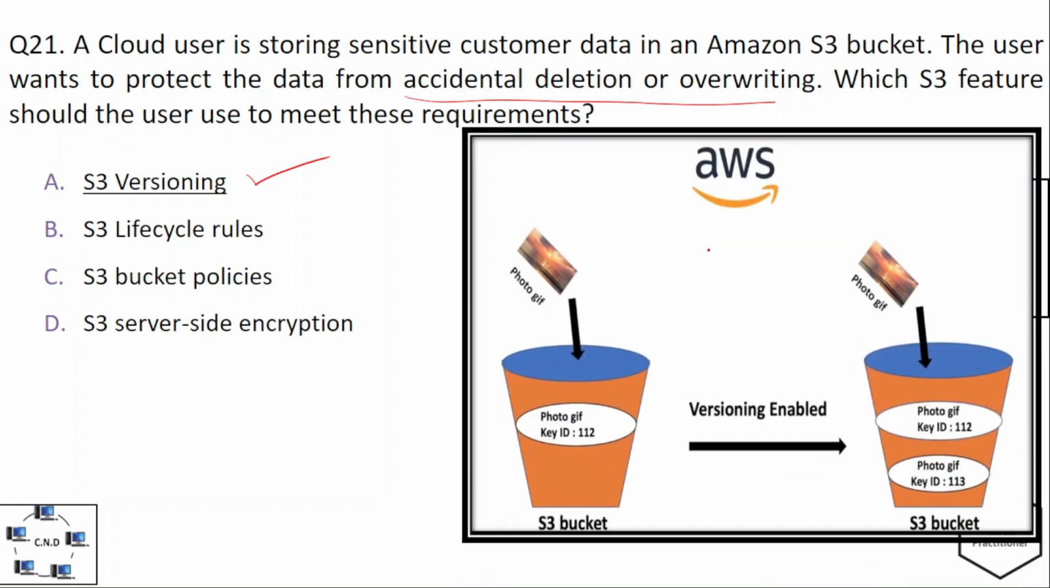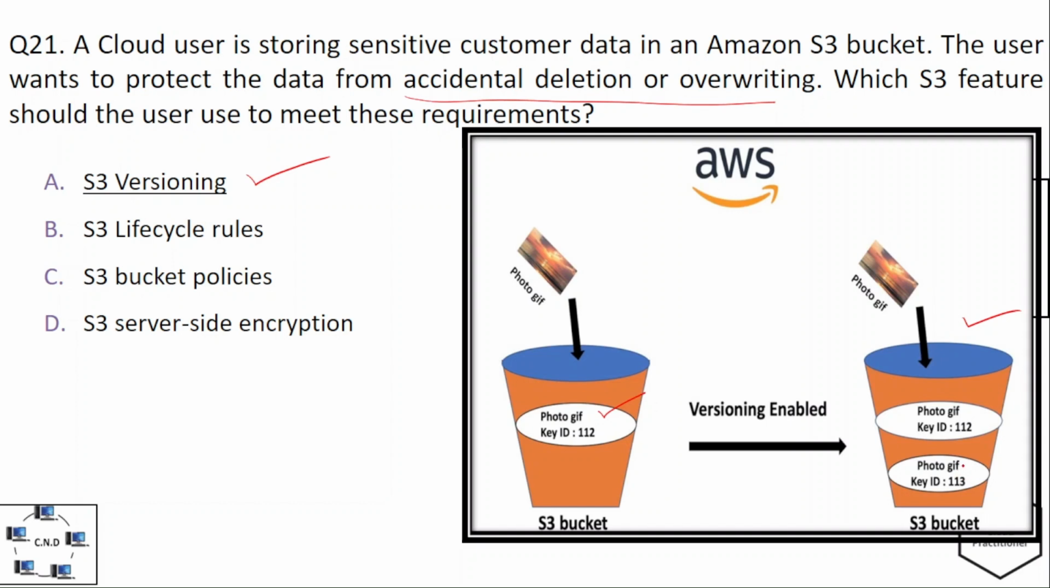So let's see that in action. Here we can see we have two S3 buckets. This one is versioning enabled. This bucket has the versioning feature enabled, while this one hasn't. Here we can see a sample photo or picture. Here only one version of this picture is saved, while in this bucket we have two